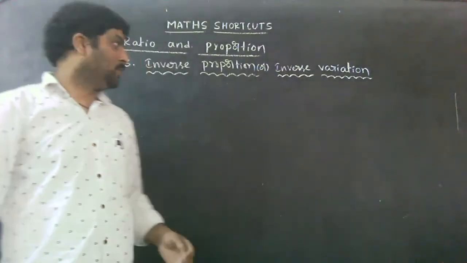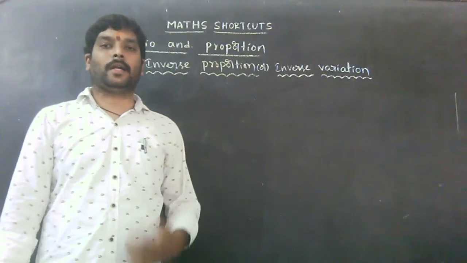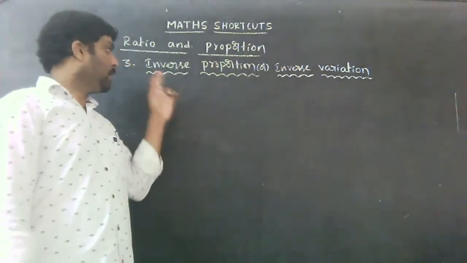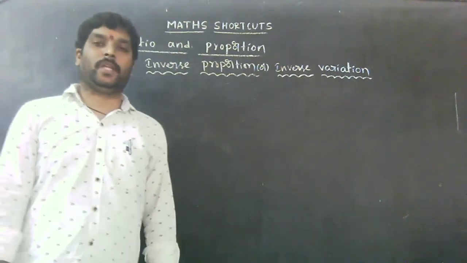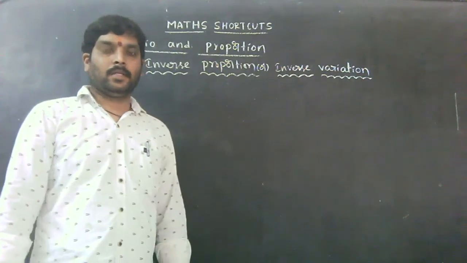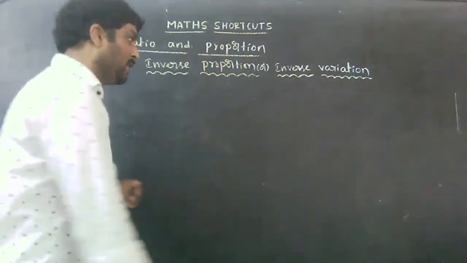Till now you observed direct proportion or direct variation. Now, the third shortcut: inverse proportion or inverse variation. Inverse variation of two parameters. When two parameters are in inverse variation,